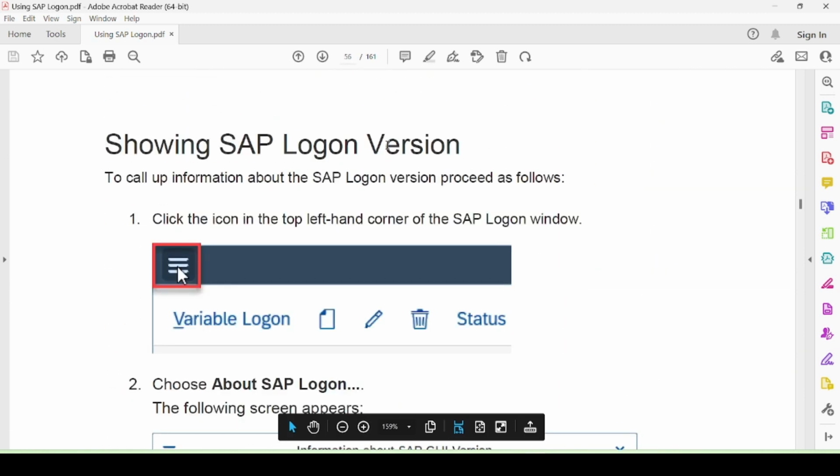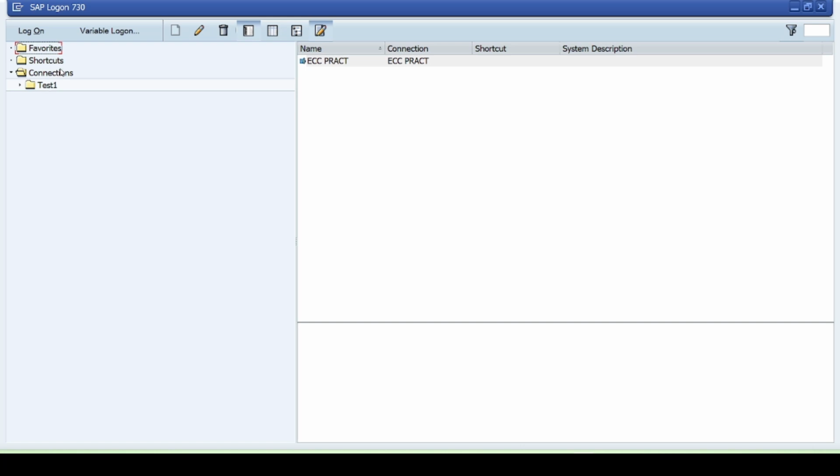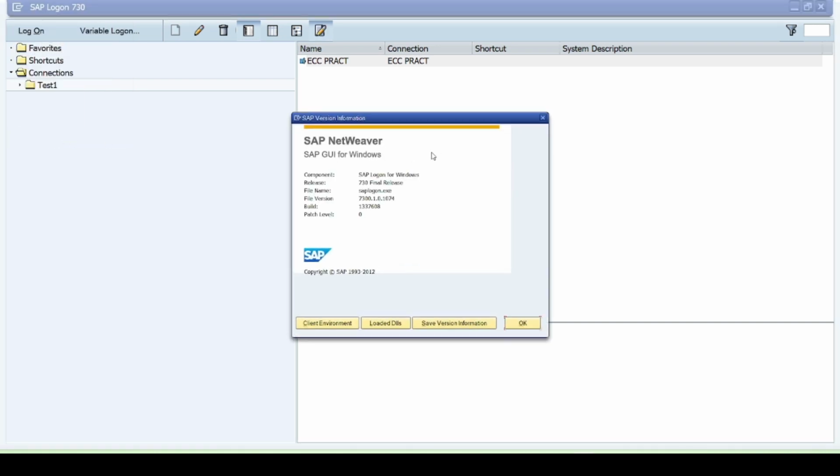Yeah, if you want to know about the version of SAP Logon, then whenever you click on Logon pad in your desktop, here we are having one option. One option is that by clicking on this symbol and selecting About SAP Logon, you can see the details of which version we are using. Like this, SAP Logon details we can see in this. Okay,